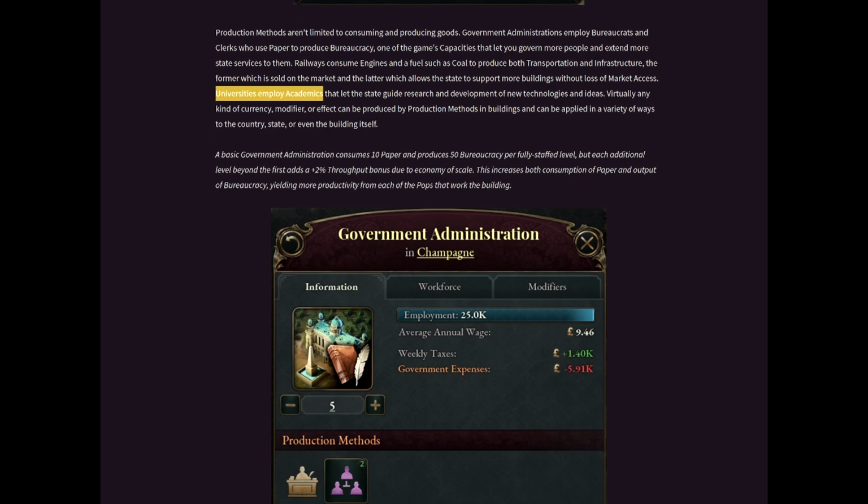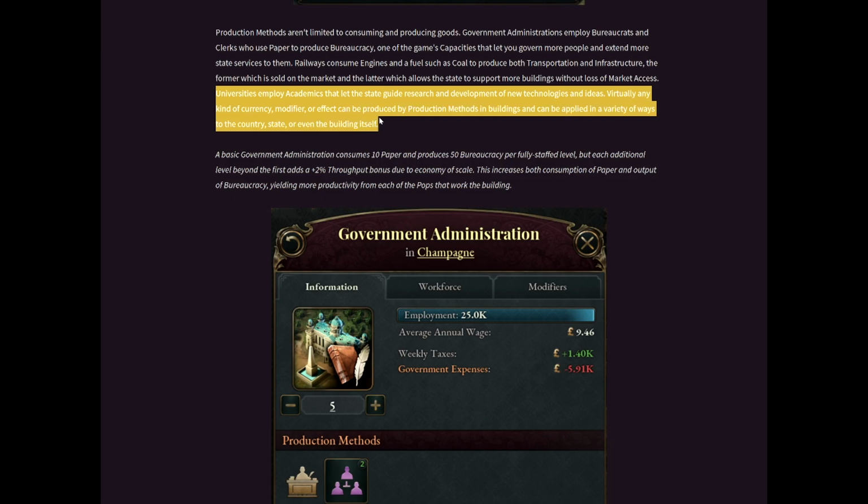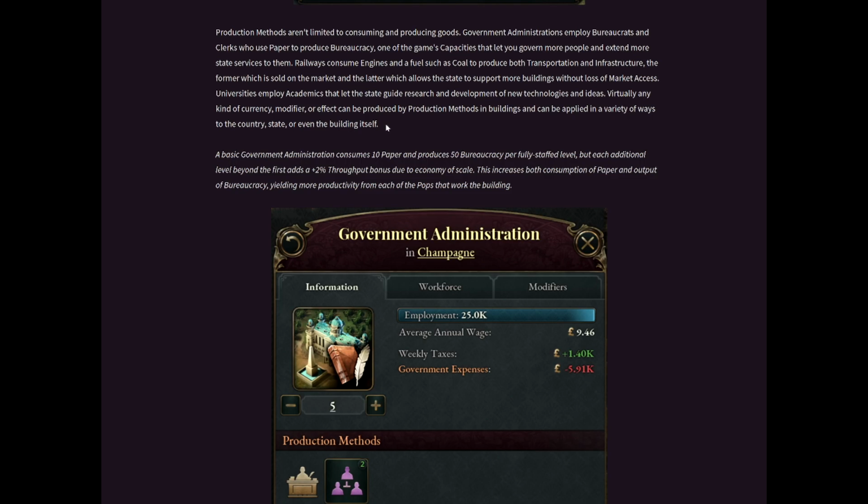Universities employ academics that let the state guide research and development of new technologies and ideas. Virtually any kind of currency, modifier, or effect can be produced by production methods in buildings and can be applied in a variety of ways to the country, state, or even the building itself. The academics seek progress,